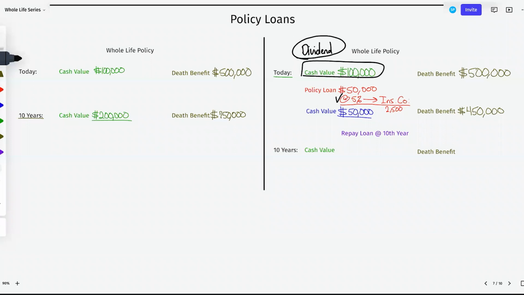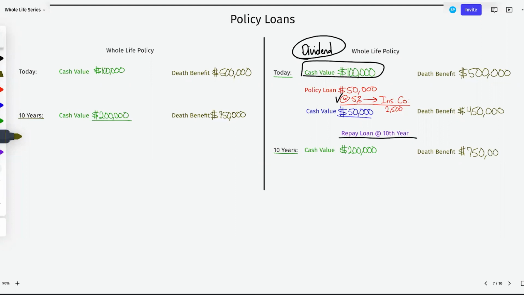So that's the main reason why, that's how they do it. Now, here's the beauty of it, and here's where a lot of people get attracted to it: let's assume for this example, you pay your loan in full at the 10th year or any time before. You could gradually pay it off in a lump sum, does not matter. What you will find is at the 10th year, your cash value will be $200,000. And your death benefit